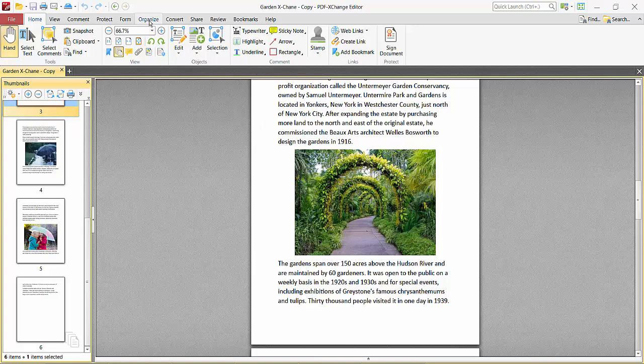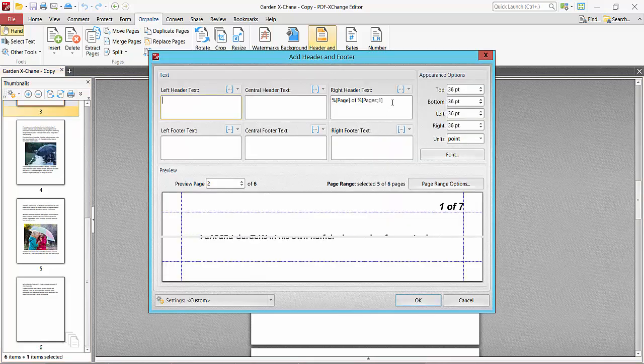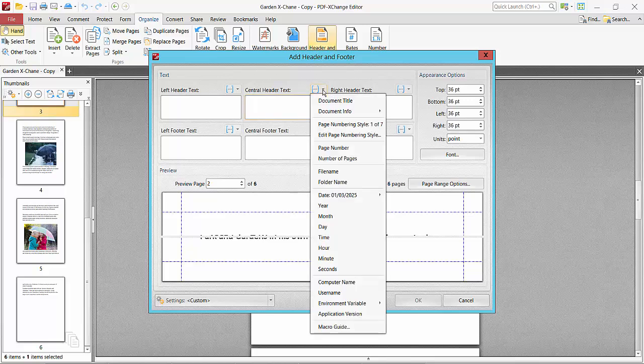Now click on this organize option and here you will find this header and footer option. Click here. Now select add option and remove all of these boxes, header and footer text, and I'll add here and click on this arrow and here you will find edit page numbering style. Click here